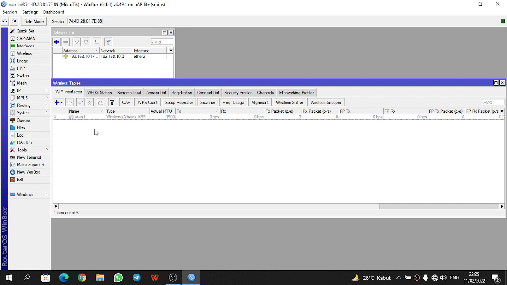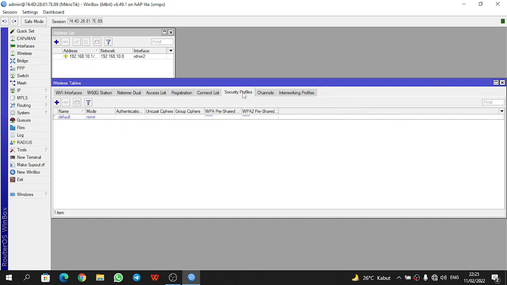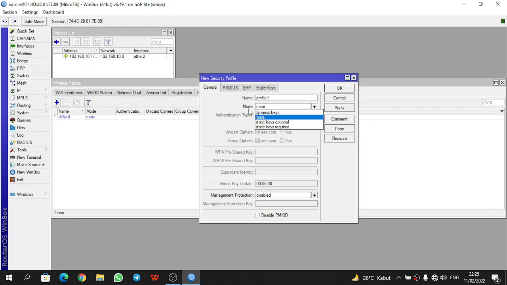In wireless, enable it, and select the security profile and add one. Change the mode to dynamic keys, checklist all of these, and add the password. Okay, we can apply.